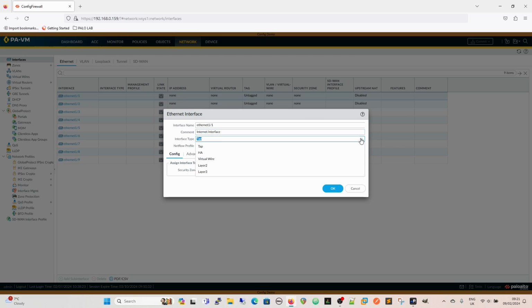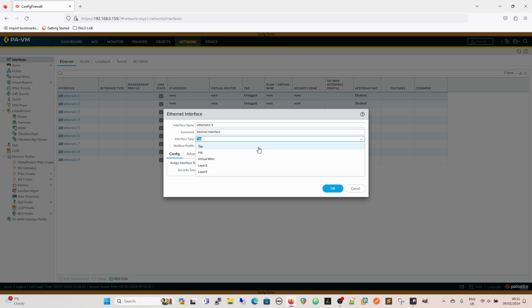So then we've got the interface type. So we've got TAP, which is, as it suggests, a TAP interface, so often seen on proof of concepts and so on and so forth. When they do a TAP interface, they simply plug that into a switch. The switch usually has a span session running or something like that, and then that's sending packets to the firewall. Clearly the firewall's not going to have anything to do with it. It doesn't go through the firewall, it simply sees that traffic. And then at the end of that, Palo Alto sales engineers can come in and go, our firewalls caught all these applications that aren't sanctioned, our firewalls caught all these threats that you didn't know about,